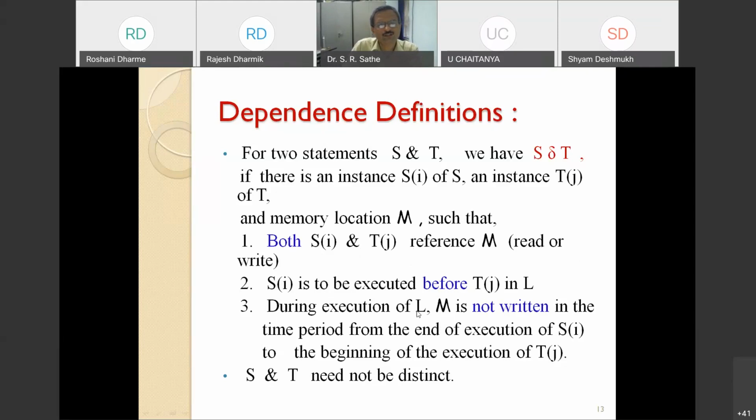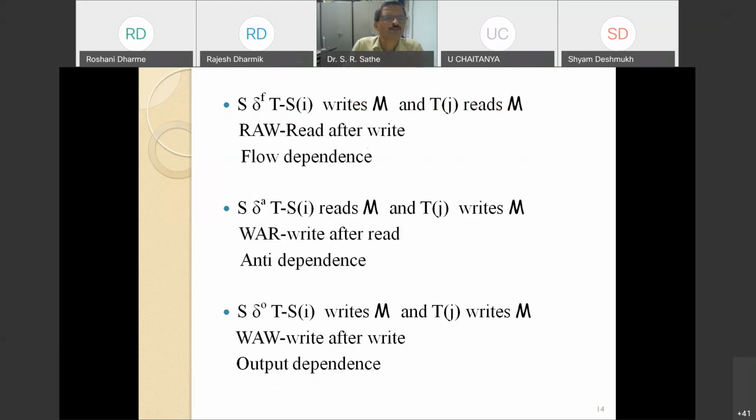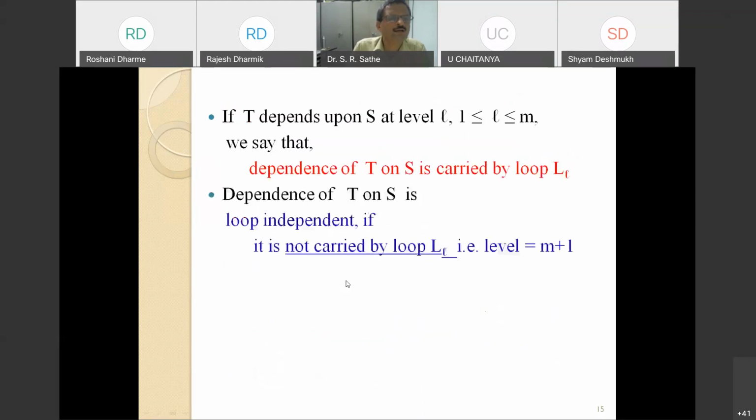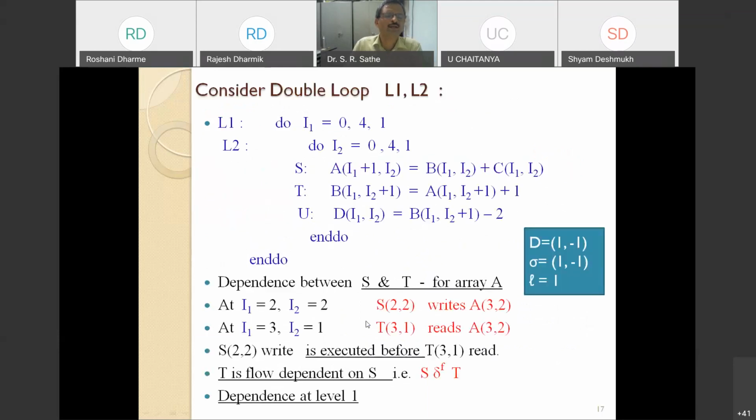And during execution of L, M is not written in the time period from the end of execution of Si and the beginning of execution of Tj. And this Si, Tj need not be listed. That is, it can be the same statement. So there is one. Since somebody has raised this query, where it is useful, I'll just take an example